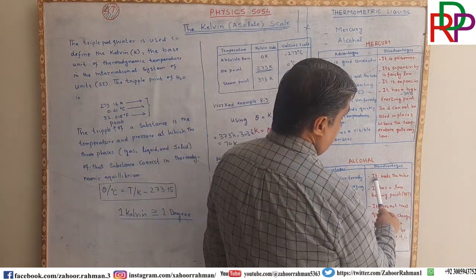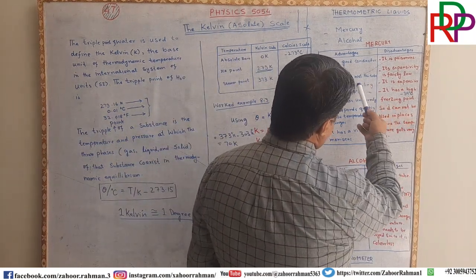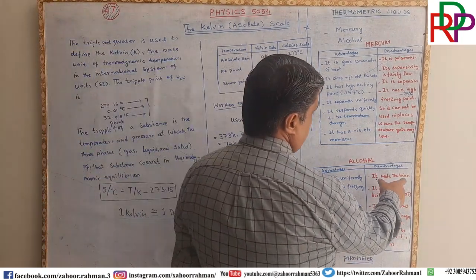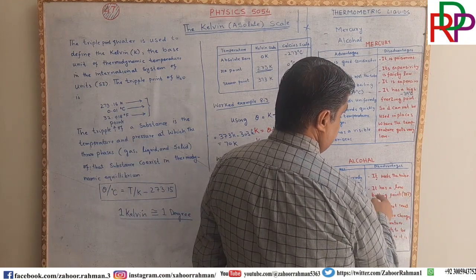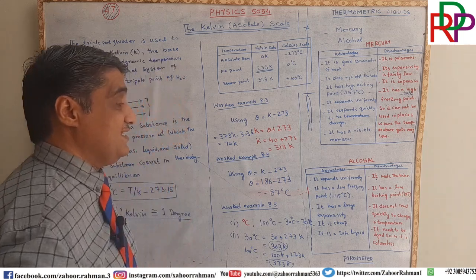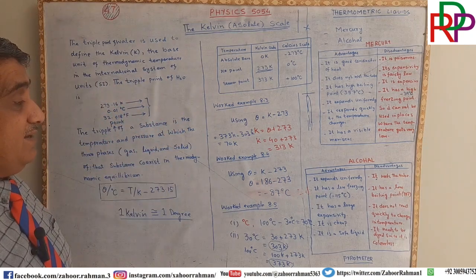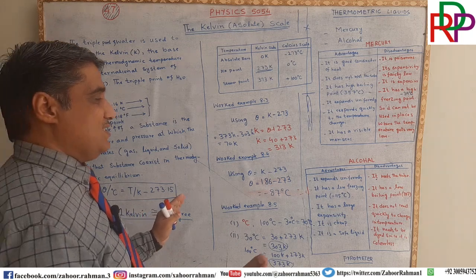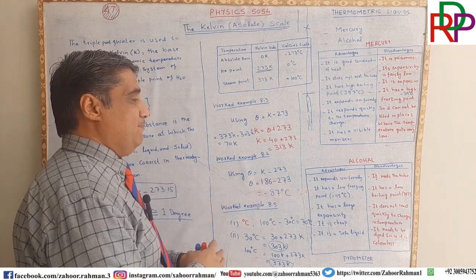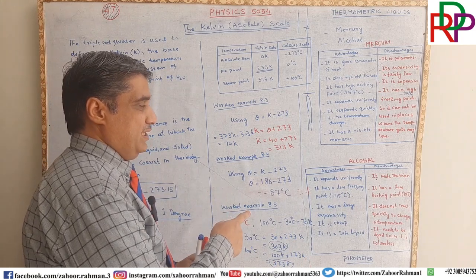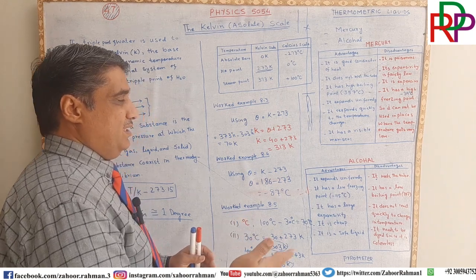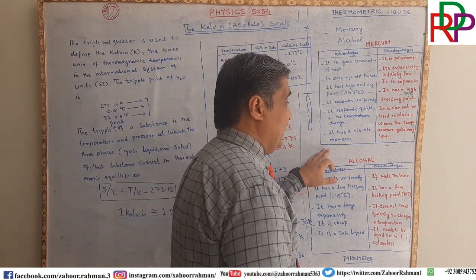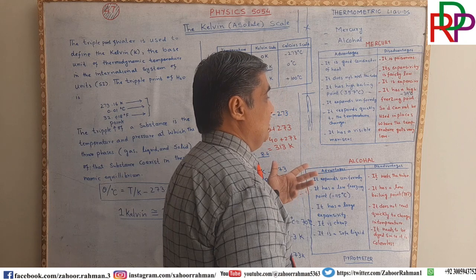The disadvantages are it wets the tube. Mercury was not clinging to the tube, but alcohol is clinging to the tube. So this is one disadvantage. It has a low boiling point, 78 degrees Celsius. So it means that we cannot record more than 78 degrees Celsius. Remember, if it is a question of which thermometer is used to record a low temperature, it is the alcoholic thermometer. But to record a high temperature, I am saying high temperature, not very high. So for